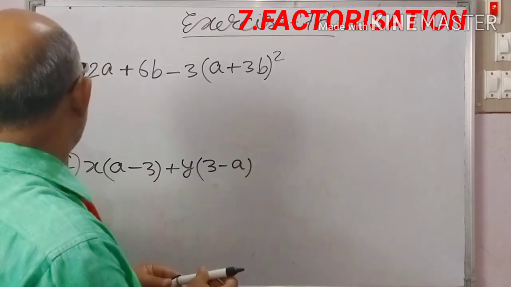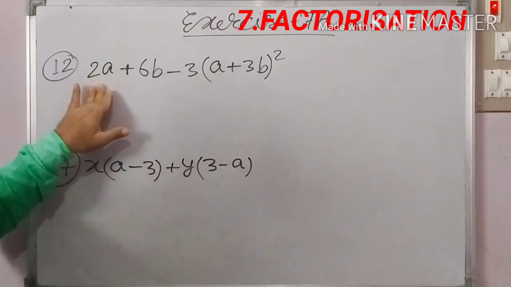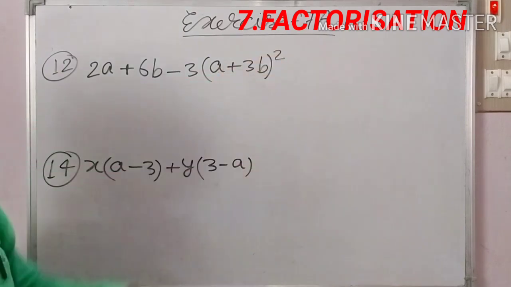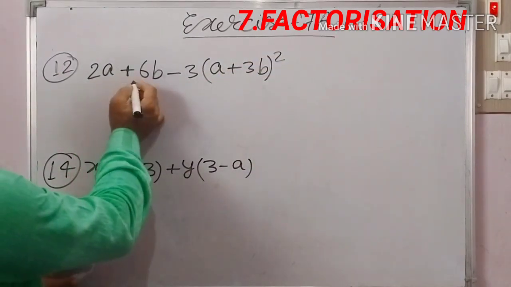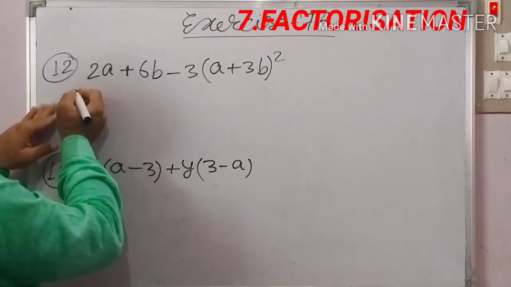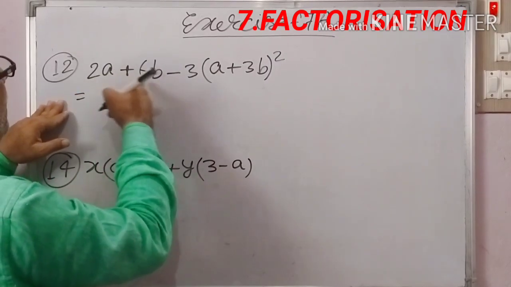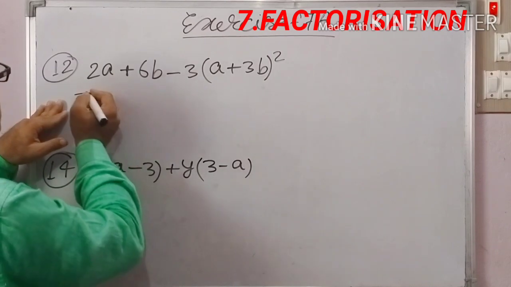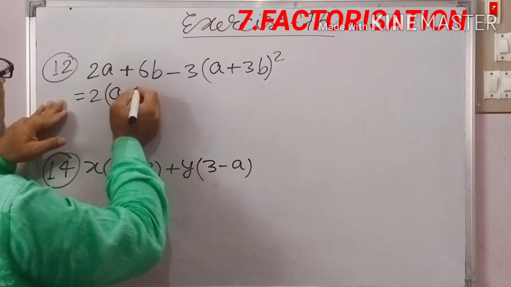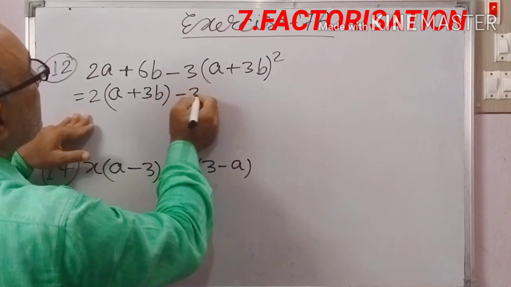is question number 12 and 14, written on this board. Question number 12. 2a plus 6b minus 3 into whole square of a plus 3b. First of all, 2a plus 6b, in both terms 2 is common. So take 2 common. Left a plus 3b minus 3 into